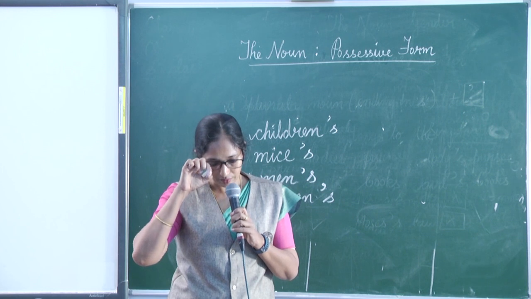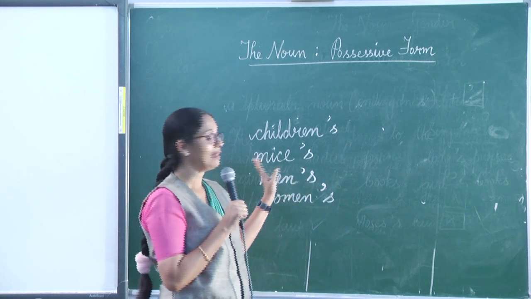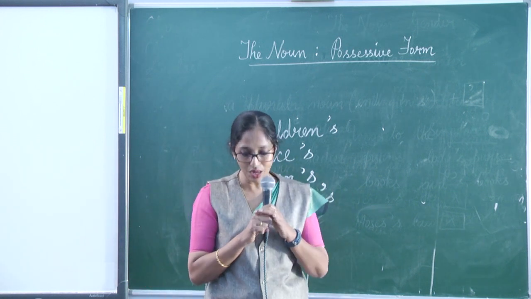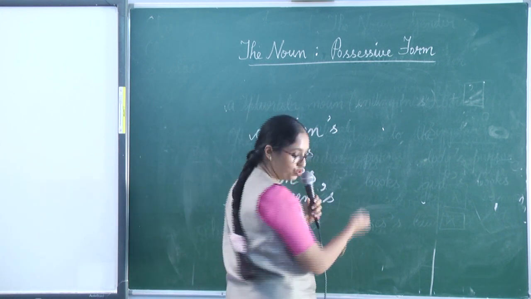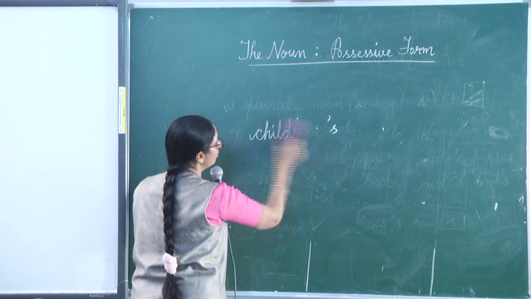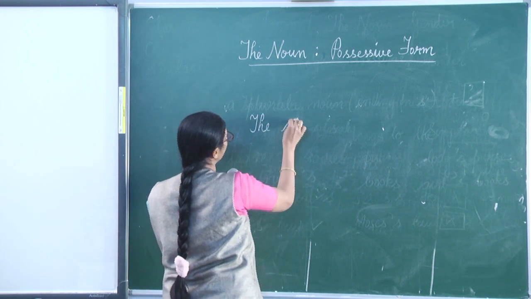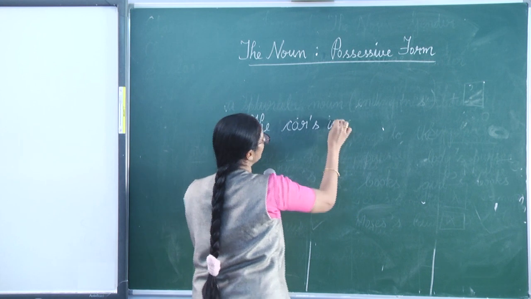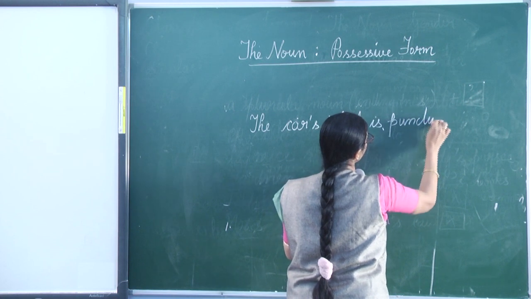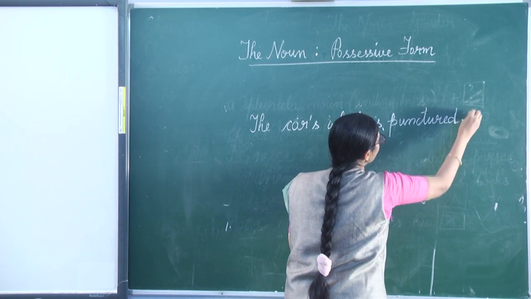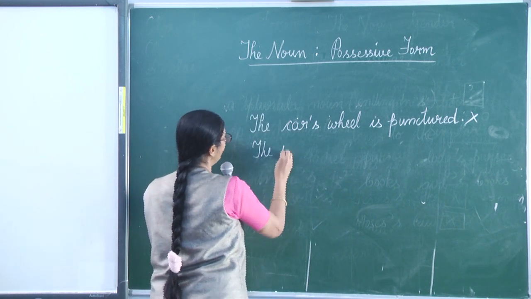Now, you need to remember a few things. Possessive forms of nouns are used with living things. With non-living things, we never use possessive form. So if we write, the car's wheel is punctured, I'll show it through an example. The car's wheel is punctured. The sentence is wrong. You need to write, the wheel